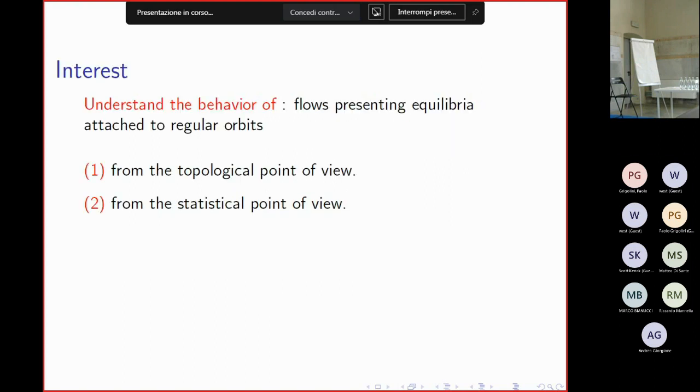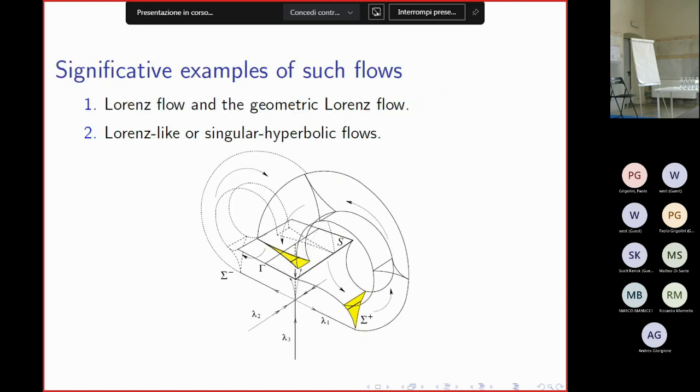My interest is to understand the behavior of vector fields presenting a singularity or an equilibrium point, from the topological point of view and also from the statistical point of view. There are significant examples of such flows: the famous Lorenz flow, the geometric Lorenz flow, and the Lorenz-like or singular hyperbolic flows. Indeed, this model here,